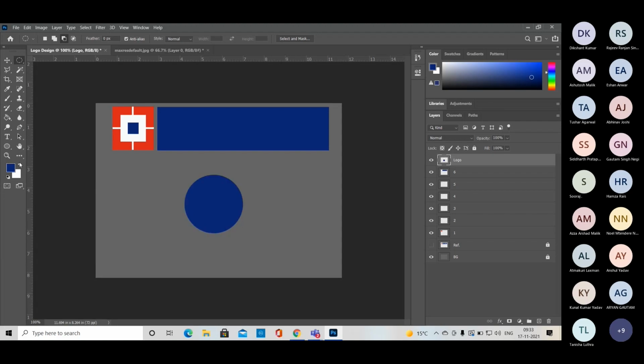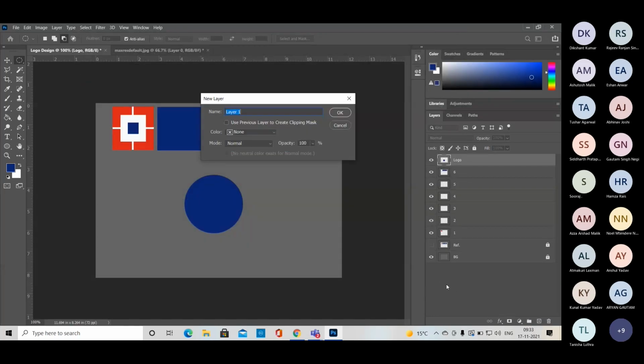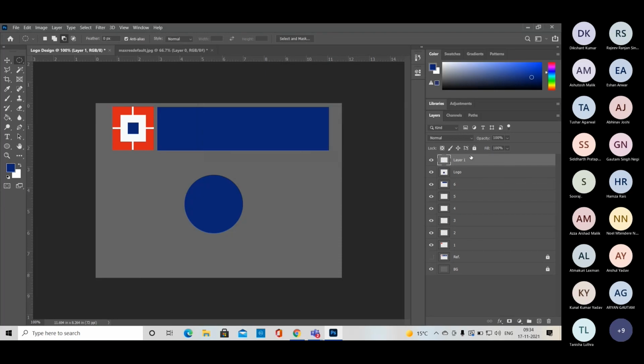And Control D to deselect. Then another layer. The shortcut for creating a different layer, again, I have to describe: Control Shift N is the shortcut for creating a new layer, right?